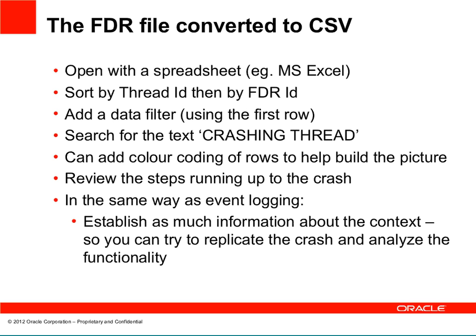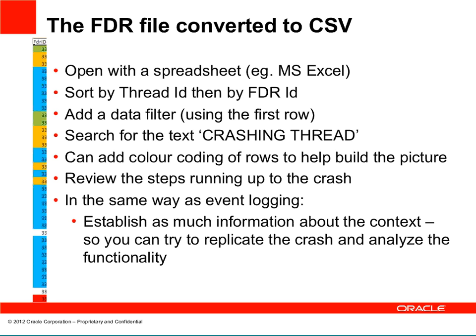And then it's possible in Excel to add a filter using the first row, and then you can search for the text, say crashing thread or crash, and then you'll see an entry for the specific crash thread that has an entry in there to indicate crashing thread. And then what I tend to do, I don't know if any of my other colleagues do this, but I do tend to do a color coding of the rows in Excel, and the next slide sort of shows